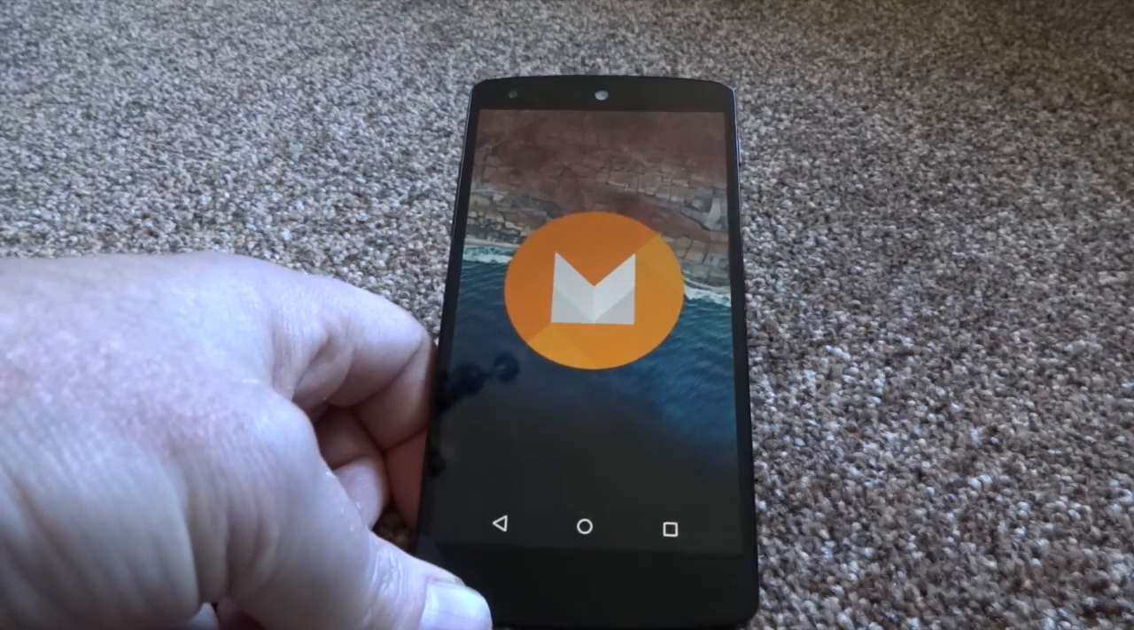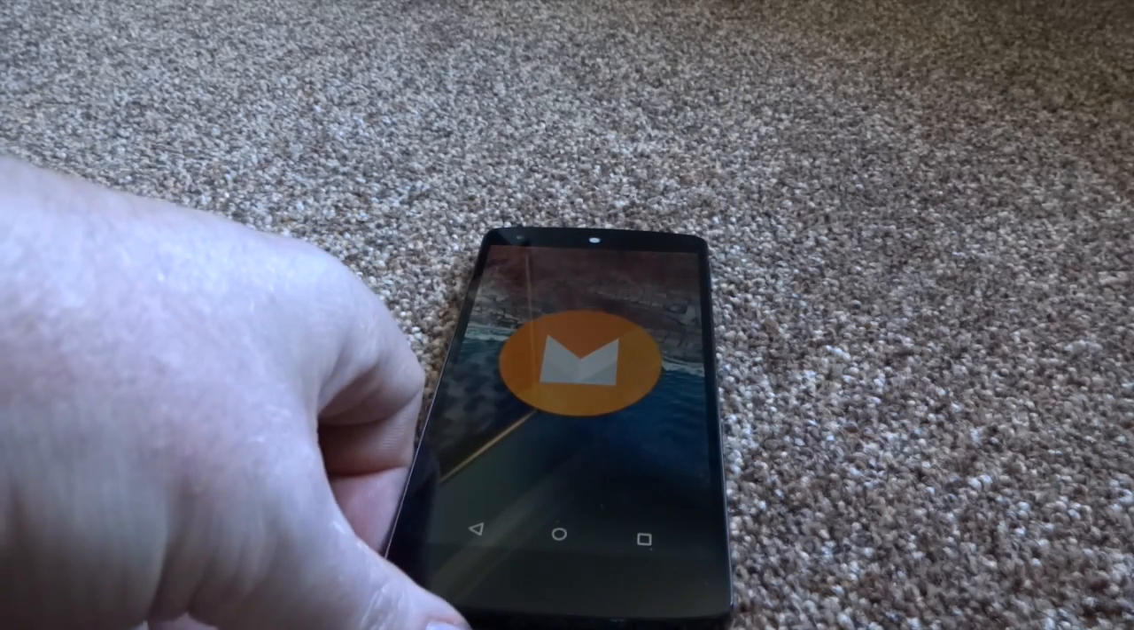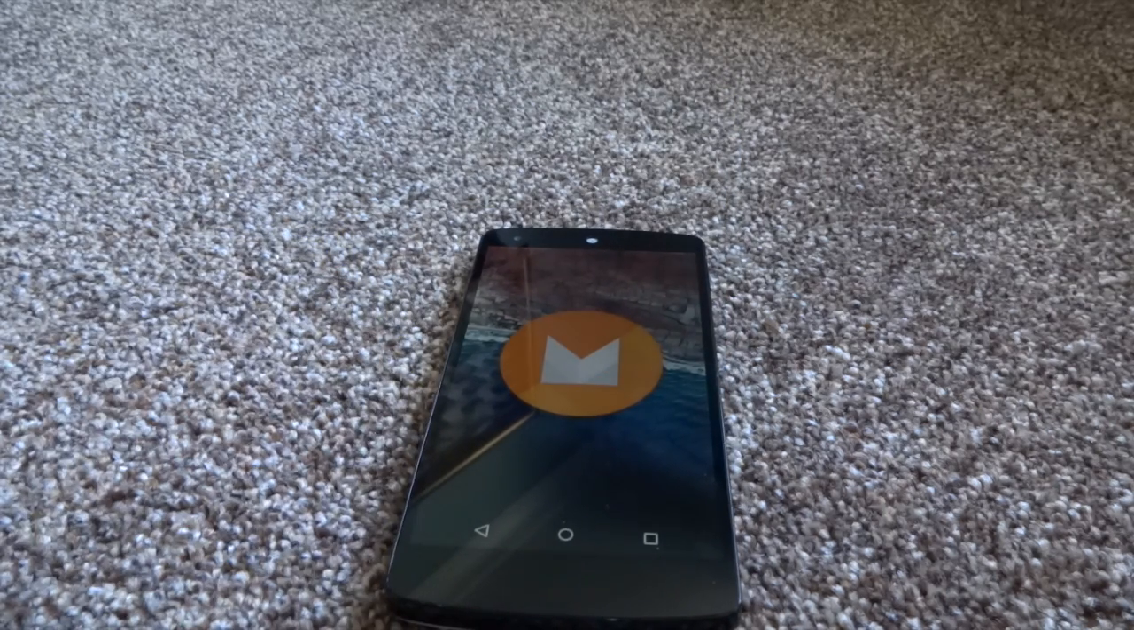So that is a quick overview of Android M on the Nexus 5. There will be more information on Android M as I get to grips with it a little bit more,